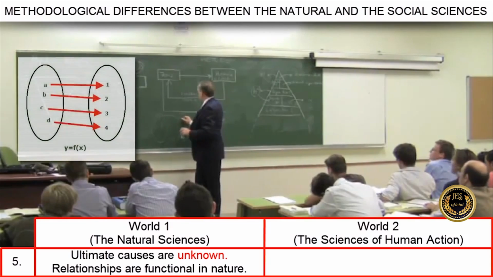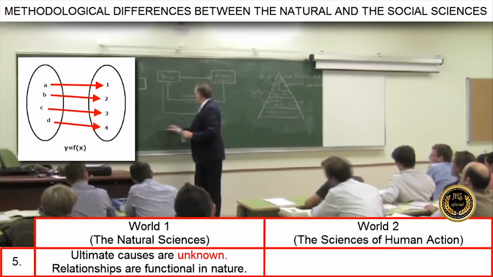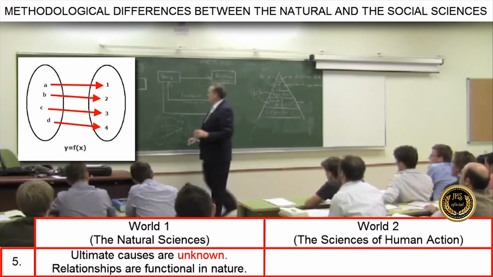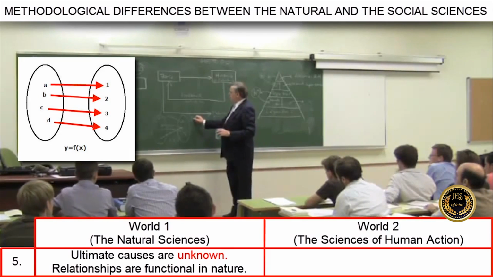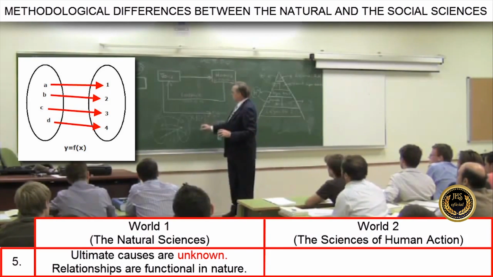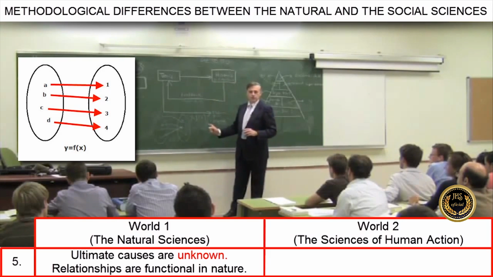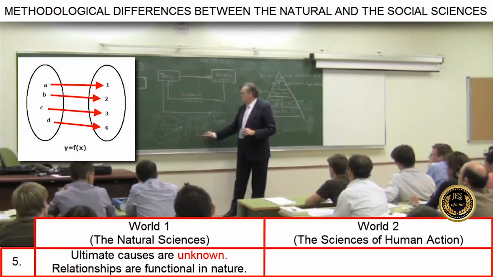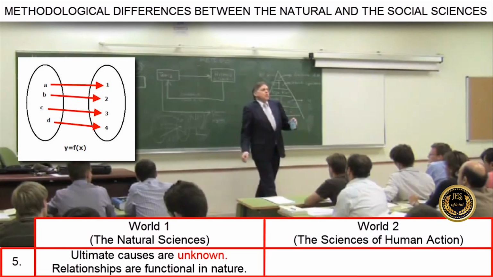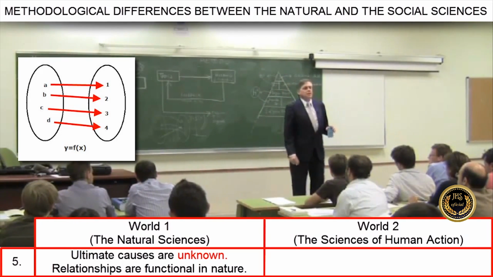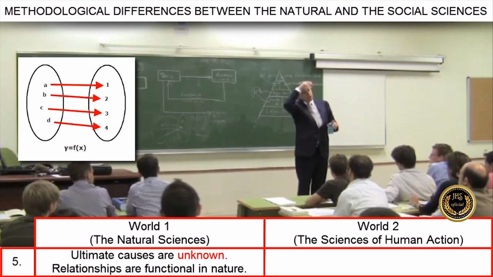One-to-one correspondence. So we say that y is f of x. For each member of the original set, there is a corresponding member of the image set. We could even draw a graph. Nevertheless, because natural scientists don't know the ultimate cause of phenomena, they can actually express their